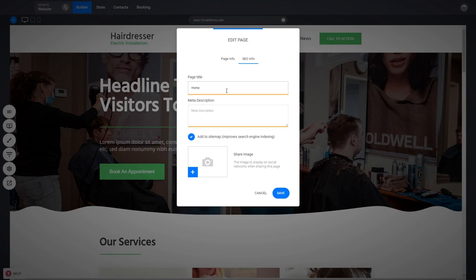It is actually recommended to have one of the keywords that are very important for your business. So let's say that you're a hairdresser, so you can say the name of the studio and hairdressing, and